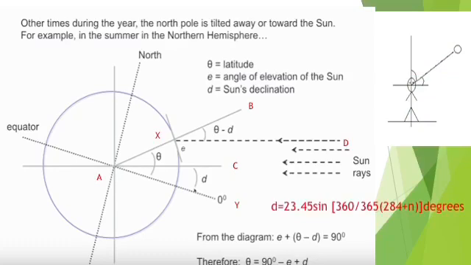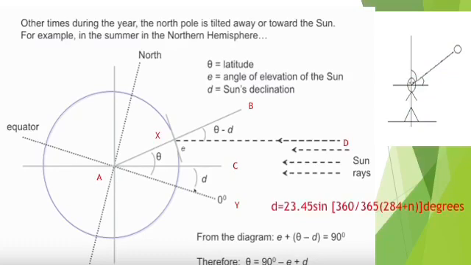Now students, you need to remember that we are not going to go in deep about the derivation of this formula, because you will be studying about this in your higher classes, that is when you go for college and all. Now only you need to remember that there is a formula which can give you the declination of the sun. Now here, how to find out, say for example, take any date, say 25th of September or 12th of October, any day in that case.